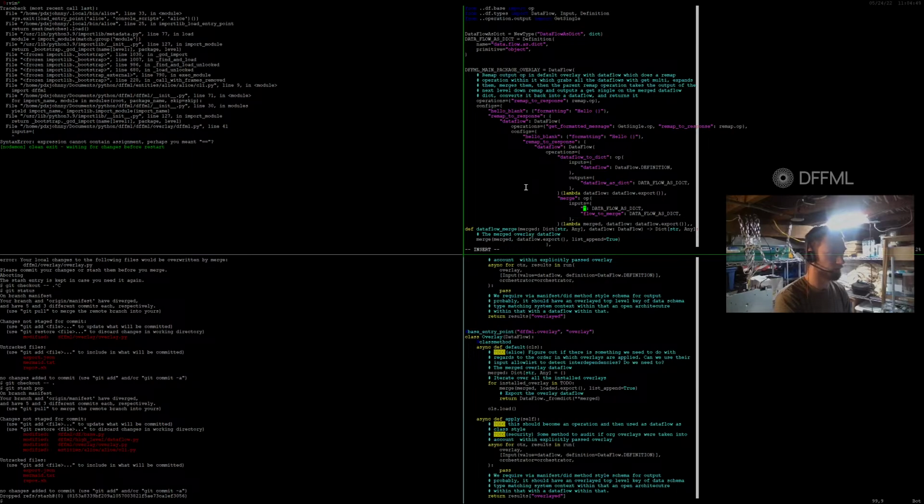Okay, so this is merge to, merge dash merge source. Right, so we're merging into this one, right, and we're merging a regular data flow, list append,